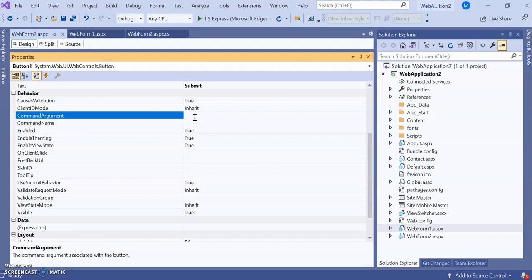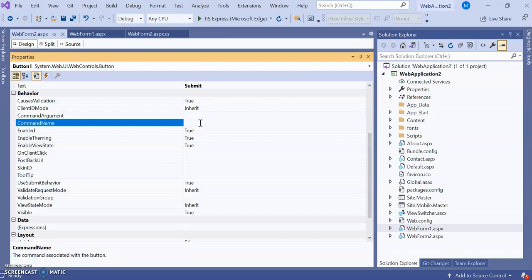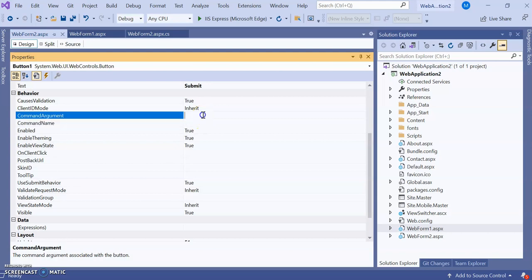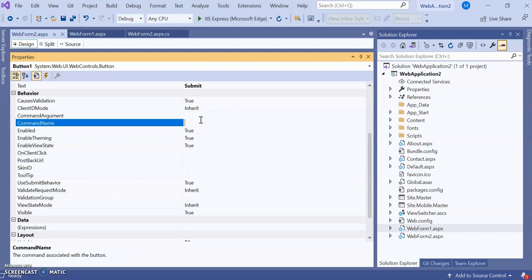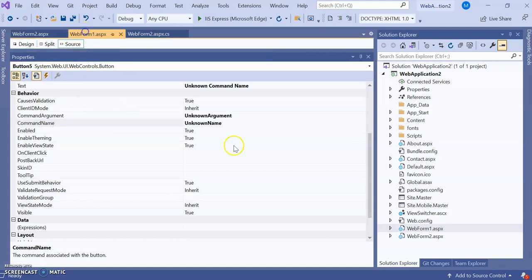For your command button, we will provide some command name and command argument, and we will use them in the C# coding. So we have to write some code, and while using that code we will use this command name and command argument.